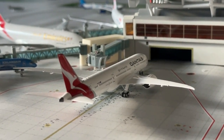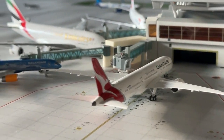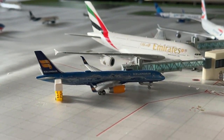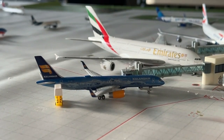And also, in real life, you wouldn't have the tow bar issue. I just thought for this update, it'd be kind of fun. But I'm definitely looking to gain more GSC, even though it takes hours to set up. At some points, the luggage loader is definitely the hardest one to set up, but the catering trucks and fuel trucks go pretty quick. Here's an example of a catering truck on the Icelandair Boeing 757-200 in the Hekla Royal